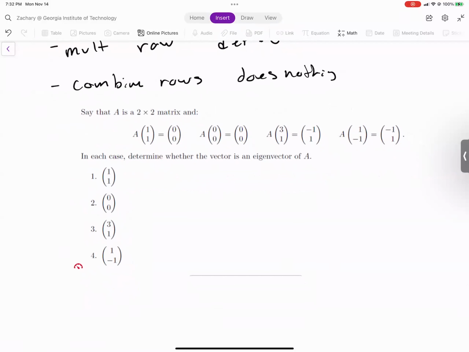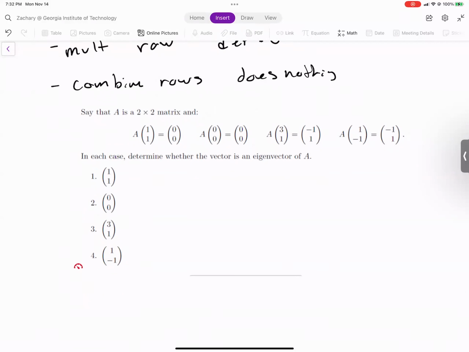One thing I will say in general about this exam is students either do really well or really poorly because it's not that many topics, right? It kind of all boils down to, can you find the diagonalization of a matrix? That's pretty much what it boils down to. As long as you can do that, there are a few little technicalities within there, but that's the overarching thing.